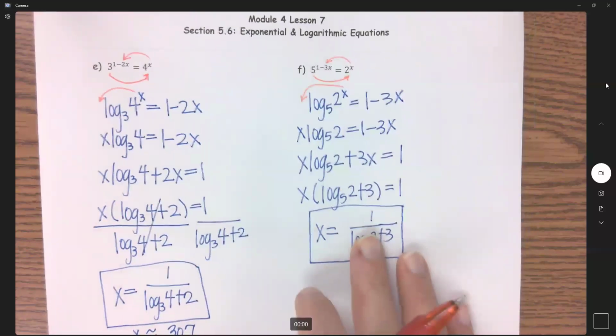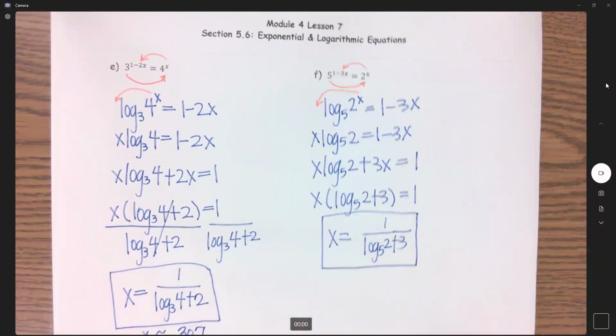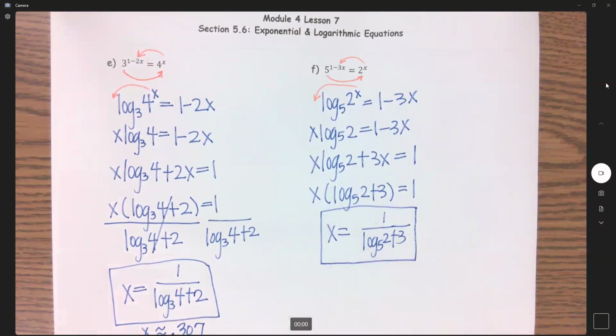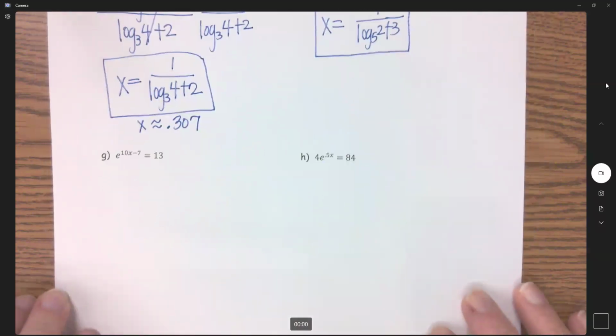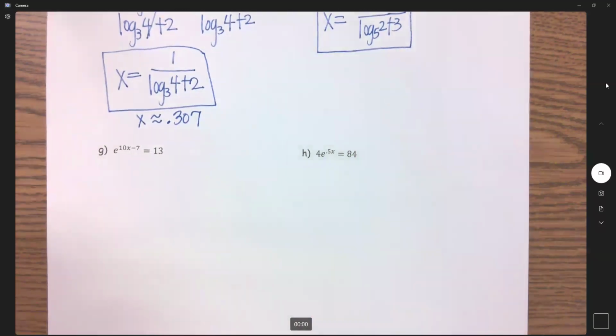So practice this in my math lab. Do similar questions, even if you get it right, to make sure you're getting good and familiar with this until it is easy. Going on here, G and H are problems that we're going to need next lesson in our last lesson of this class, in lesson 8. So following our steps,